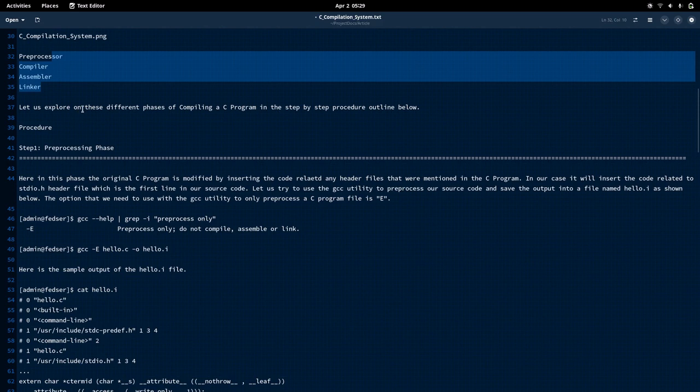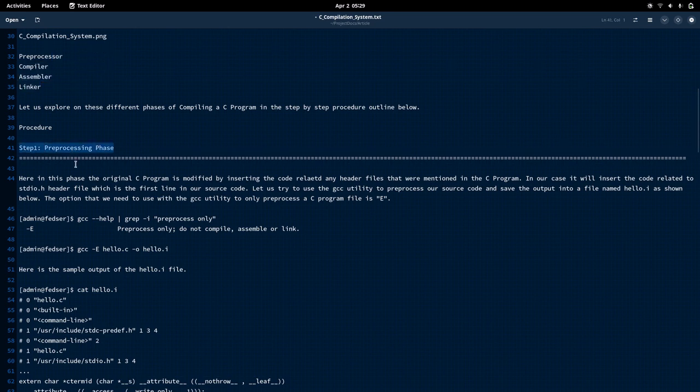Let us explore these phases in the step-by-step procedure outlined below. Step 1 is where we pre-process our C program, that is the pre-processing phase. What exactly happens in the pre-processing phase?